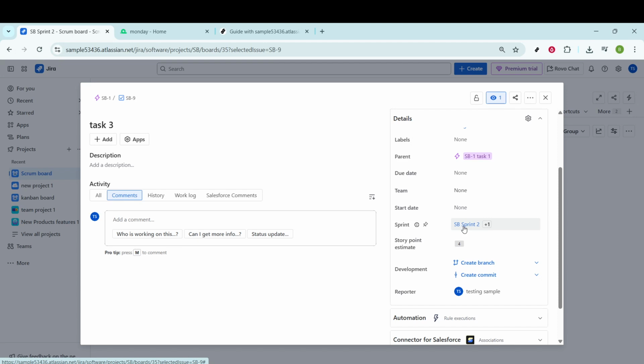As you hover over the sprint name, pay close attention to the bottom left corner of your screen. This is where browsers like Firefox and Chrome come into the picture, as they typically display a preview of the URL or link you're hovering over. You might see a long string of text at this point, but don't worry,